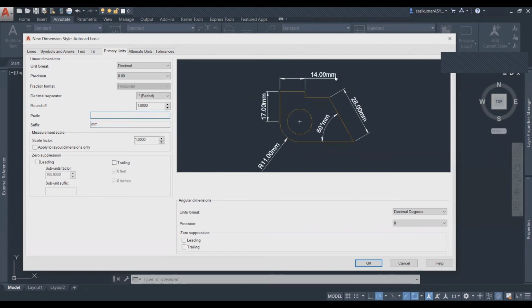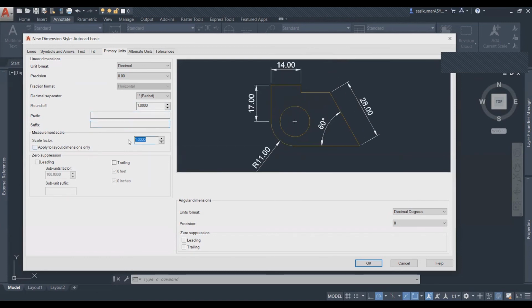So now your suffix information is behind your dimension. It's up to your choice. Wherever you want, you can do it. Otherwise, if you don't want, just leave it. Okay. And the scale factor also 1, just leave it. Then apply to layout dimensions only, also up to your choice, but no need. Currently, just leave it blank. Okay. Angular dimensions, no need, just leave it 0 and everything.